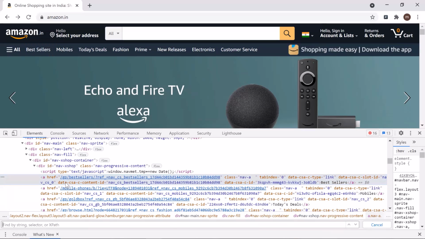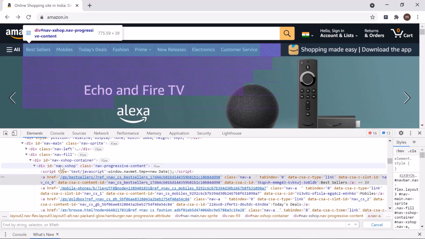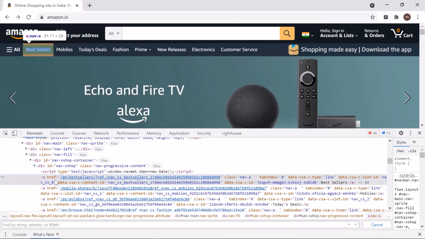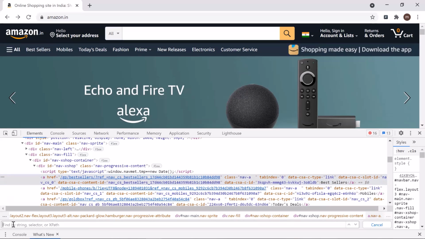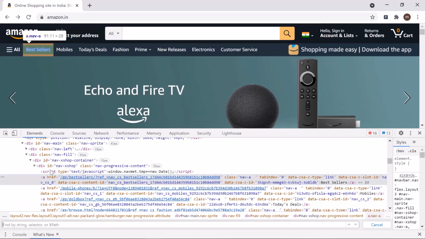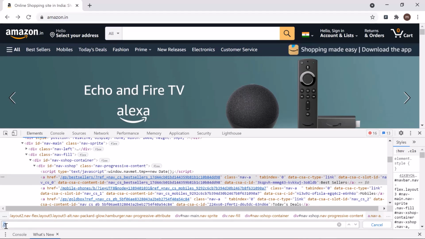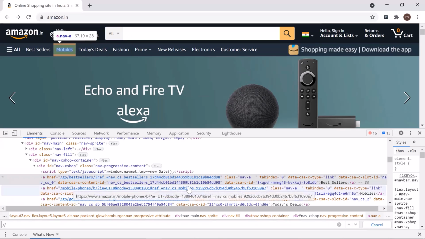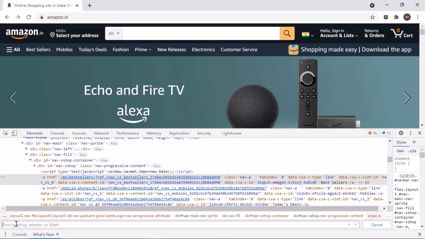Now to create the XPath, press Ctrl F to get the search box. This will help us to identify whether the XPath which we have created is correct or not. So we'll start our XPath with this div tag, and then we'll traverse to our required object. You can see that I have given the // over here. It signifies that we are going to create a relative XPath. In case you want to create an absolute path, then we can use the single slash for that.